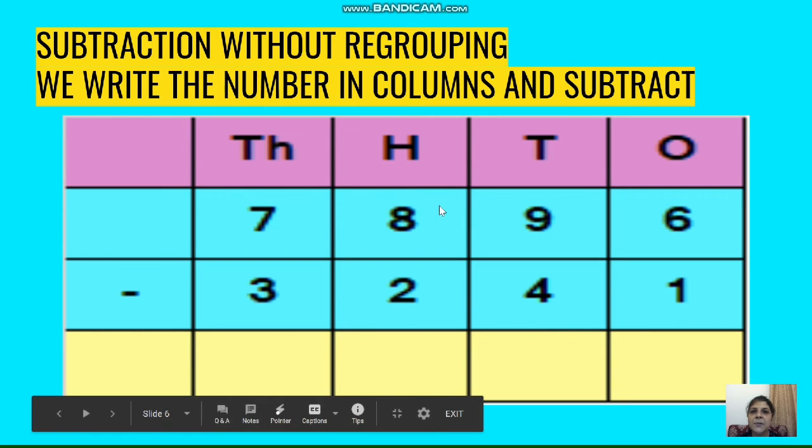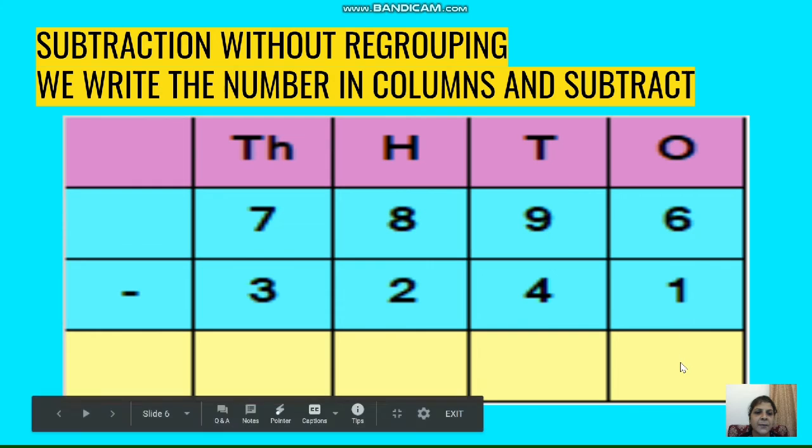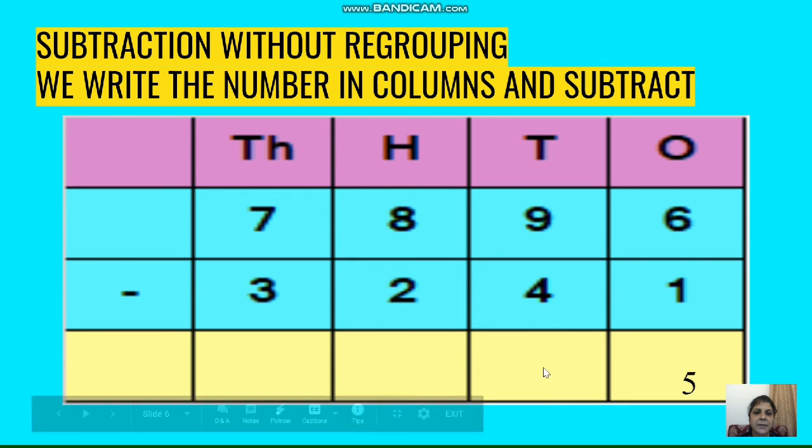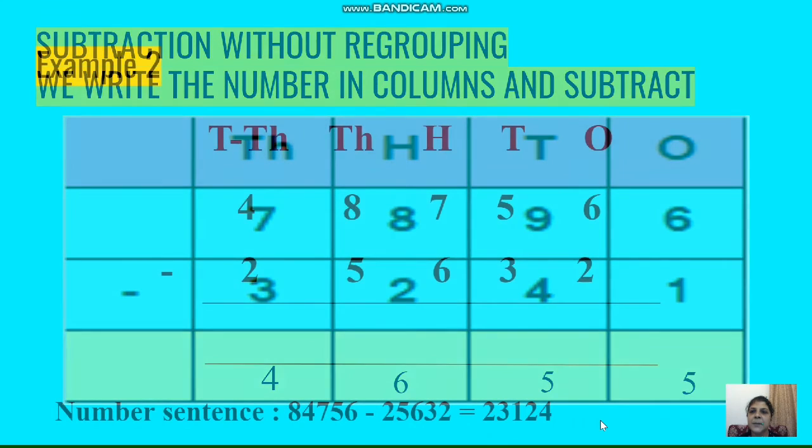Over here the subtraction is without regrouping. You need not borrow anything. As you can clearly see, the numbers are arranged properly and we can easily subtract them. So we begin with the ones column. Ones subtracted from ones. So 6 ones minus 1 one, and we get the answer as 5. Then we come to the tens. The 9 tens and 4 tens, we are subtracting, getting 5 tens. Then we come to the hundreds column and do the subtraction to get 6, and lastly the thousands column we subtract to get the result 4. So our difference is 4655.